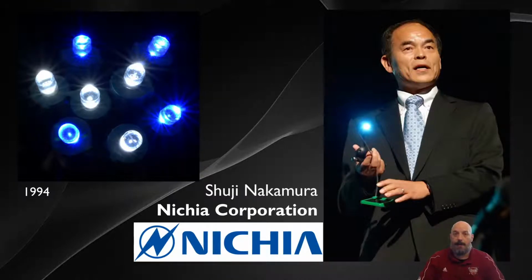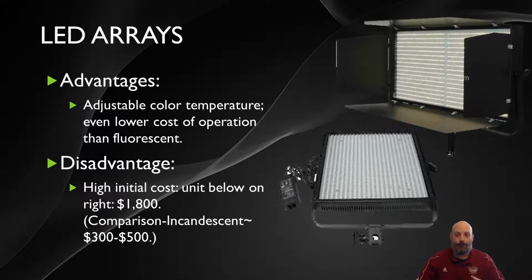to give us a blue light. And then shortly after he came up with blue, he was able to modify that to give us a white light as well. So he added blue and white to our red and green spectrum. And so now we have everything that we need to create most of the other colors in the light spectrum. And so because of this, we now were able to create white light panels, and this is what led to things like LED arrays. So instead of having a single diode, I now have a panel with hundreds or thousands